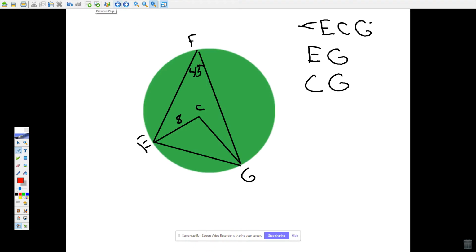Next question. Here I need you to find the angle ECG right here. I also need you to tell me the length of EG and CG. Please pause now and give that a try. The answer is